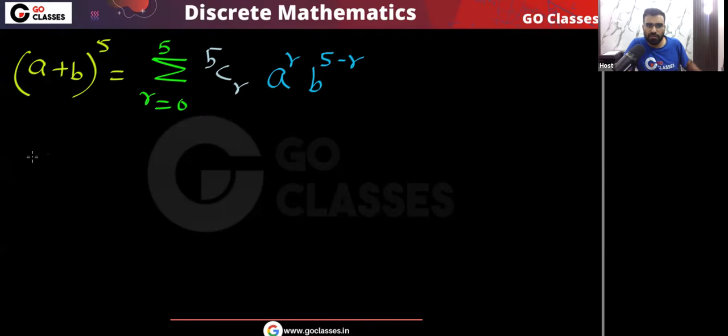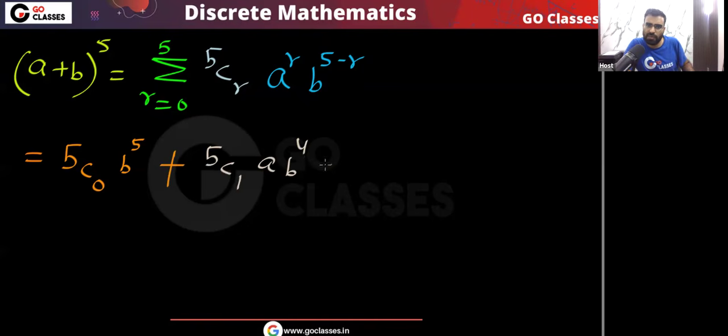Now if you open it, if you put r equal to 0, what are you going to get? I will get 5c0, a power 0. A power 0 is simply 1. So 5c0, b power 5, plus, if I put r equal to 1, I will get a b power 4. If I put r equal to 2, I will get a square b power 3.